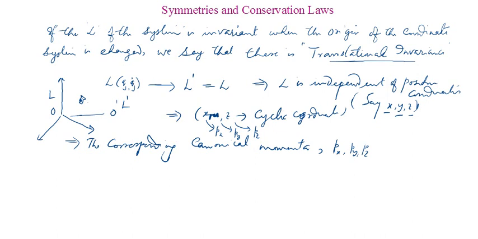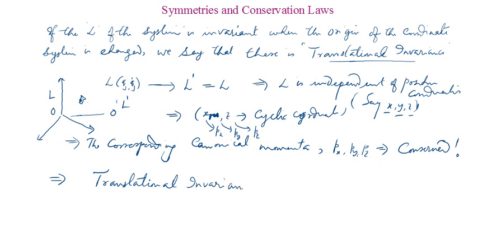Okay, so px, py, pz should be a constant of motion. That should be conserved. So this is our conclusion: translational invariance. Our conclusion is quite simple. You may have studied this somewhere earlier. Translational invariance, so this is a very critical concept. Translational invariance of a system leads to